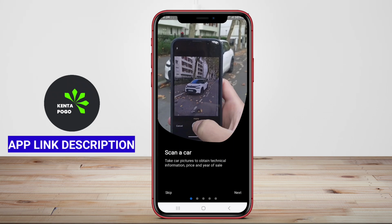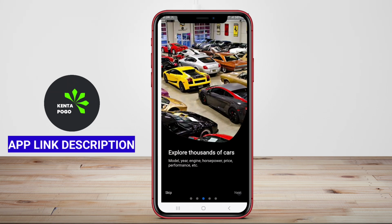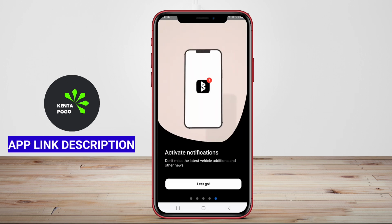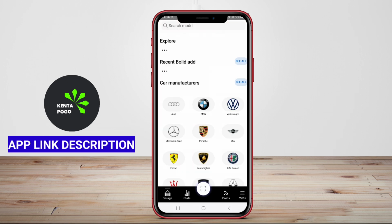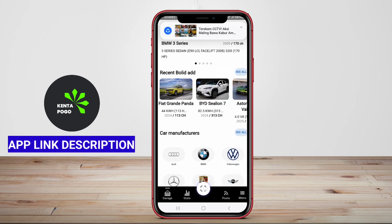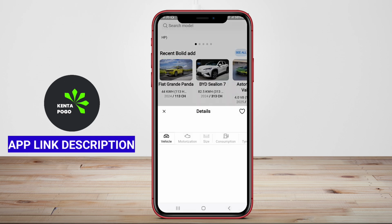Bolid Car Check is an advanced application designed for Android devices, aimed at helping users assess the condition and performance of their vehicles. This app equips car owners with essential tools to diagnose issues, track maintenance schedules, and monitor vehicle health. With a user-friendly interface, Bolid Car Check makes it easy to navigate through various features, providing access to diagnostic